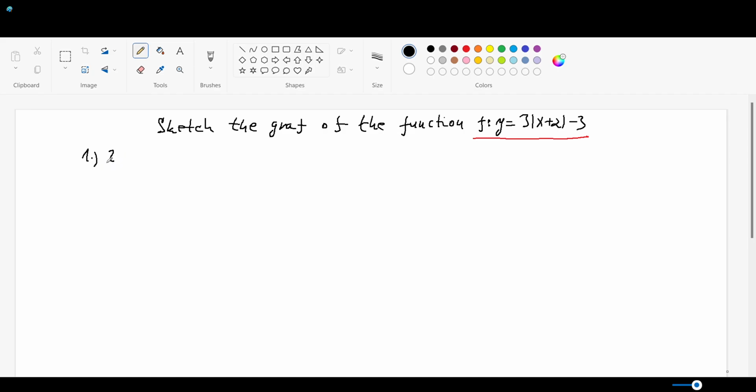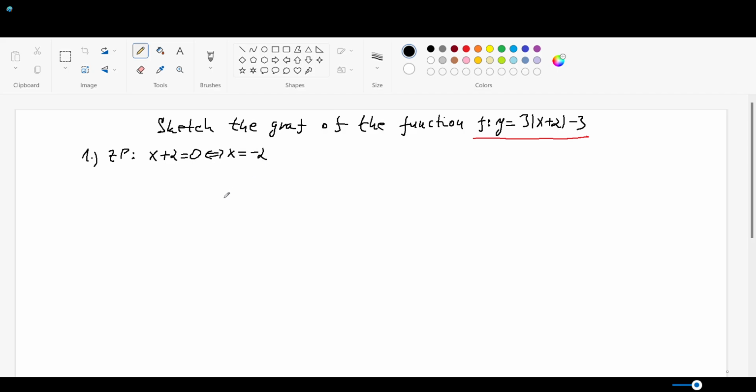You look for the information when the expression which is in the absolute value, which in our case is x plus 2, is equal to 0. I will explain later why this point is important and what is happening there. So our zero point is if x plus 2 equals 0, and this is if and only if x is